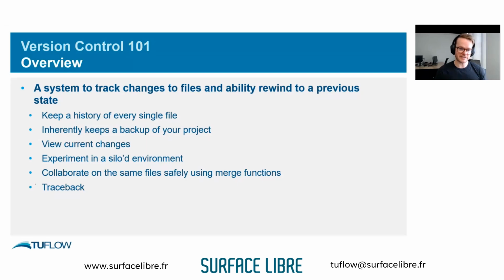And traceback. What I mean by traceback is sort of similar to the first point, that you can actually go quite granular with your viewing of a history of a file, like line by line. You can go to a given line in, say, the TCF file and see when that line was added and who added it. In Git, it's called git blame, but we're not trying to blame anyone here. It's just a good history of different edits people have made to a given file. So very, very useful when you're trying to figure out where things are going wrong or when something was added, if it looks a bit suspect.